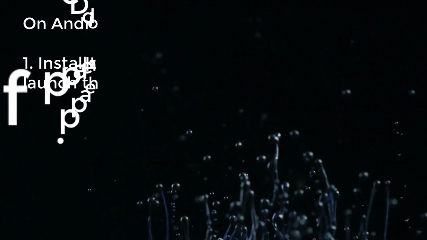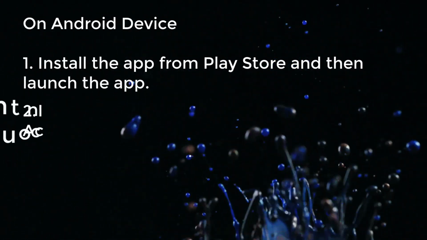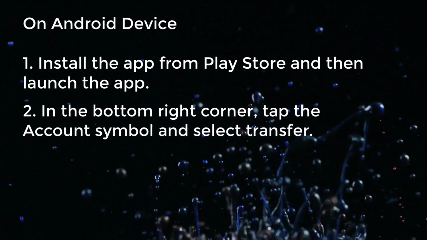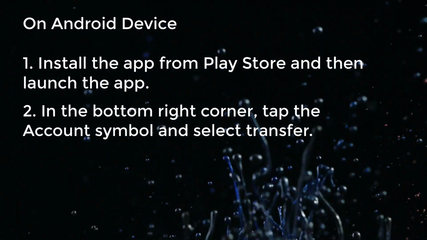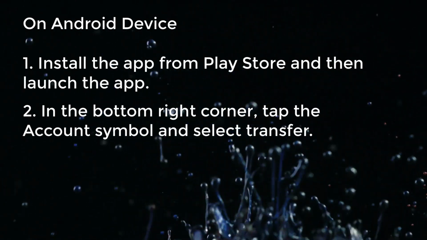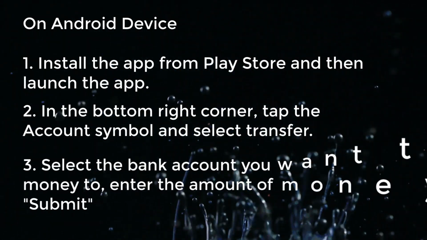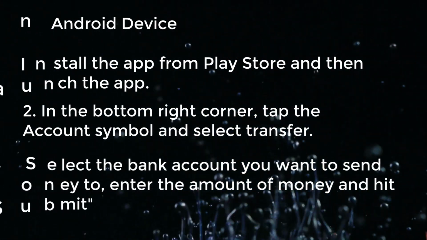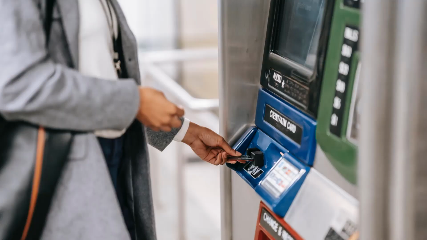To withdraw cash on your Android device, follow the steps below. 1. Install the app from Play Store and then launch the app. 2. In the bottom right corner of the app, tap the account symbol and select Transfer to your bank. 3. Select the bank account you want to send money to, enter the amount of money and hit Submit. Once this is done, you'll just have to go to your bank account where you sent the money and withdraw